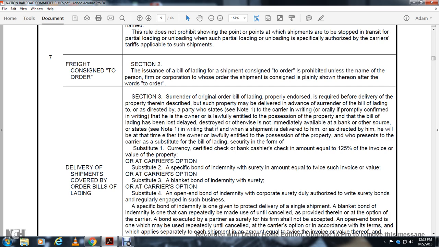The bill of lading has not been lost, delayed, destroyed, or is otherwise not immediately available to banks or other sources, as stated in writing. See Note 1. Further, when the shipment is delivered to him, the error is corrected by him, he will at that time, either by the owner or one lawfully entitled to possession of the property, present to the carrier substitute bill of lading security in the form of: